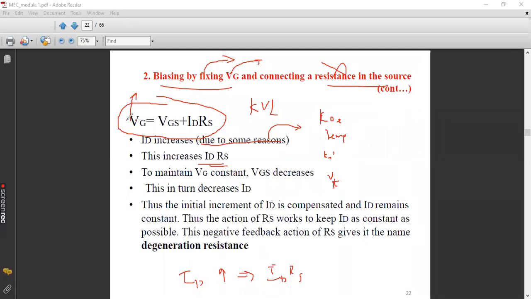Assume that a perfect DC voltage I have set across gate and ground. Maybe it will be a battery, or it can be a voltage divider network as I have shown in the previous case. So for this equation to be satisfied, for VG to be constant,